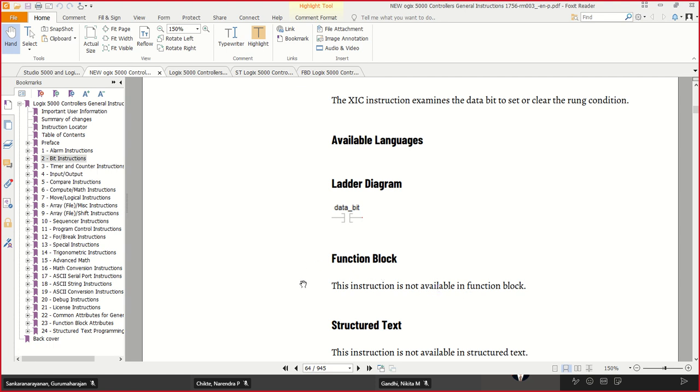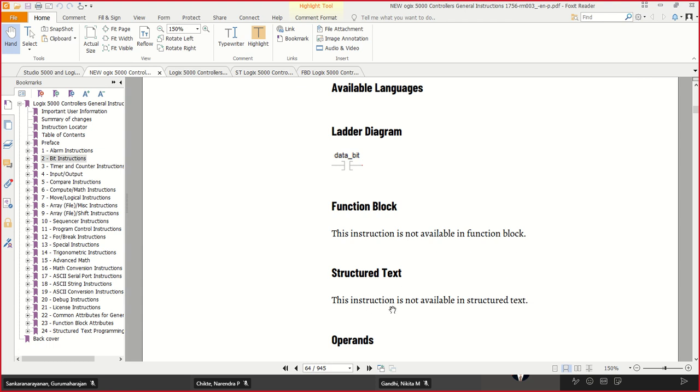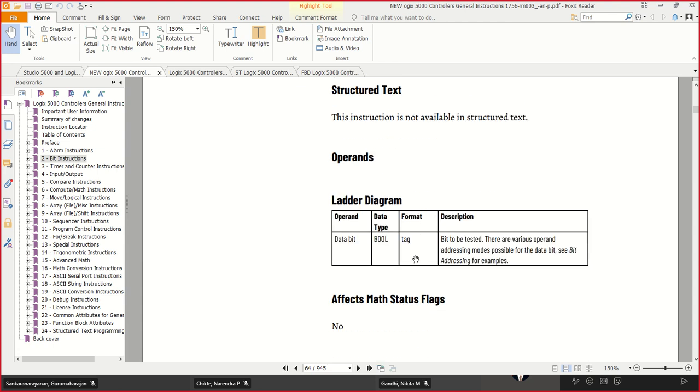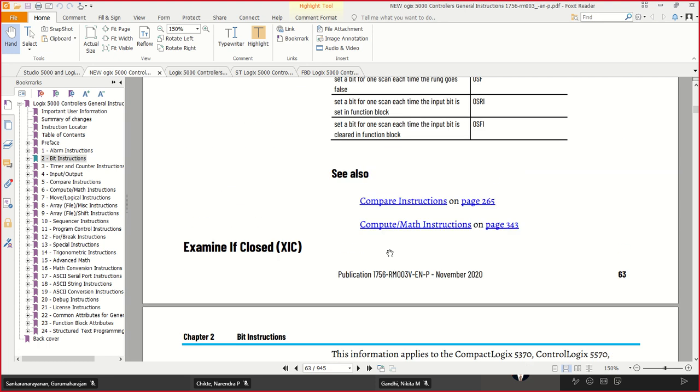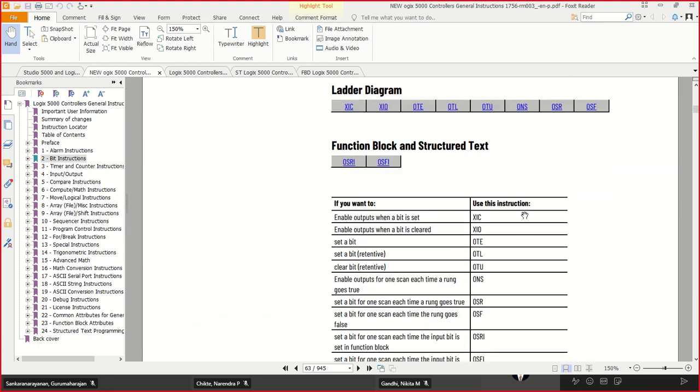XIC is not available in the function block, but in the ladder you can use it. In the structured text it is not available. These bit instructions are only available in the ladder diagram. Then the data type of these instructions is boolean. Whatever instructions we have seen here, all are boolean data types,